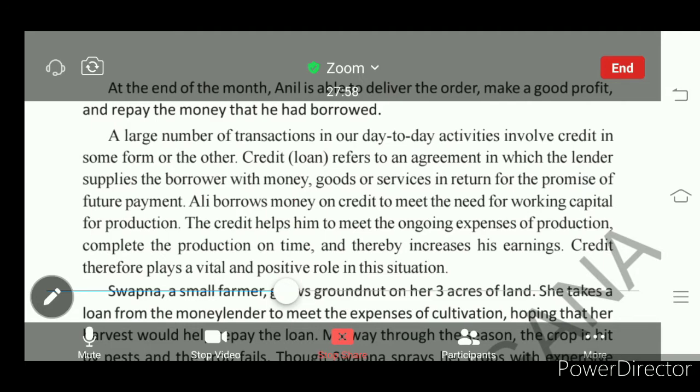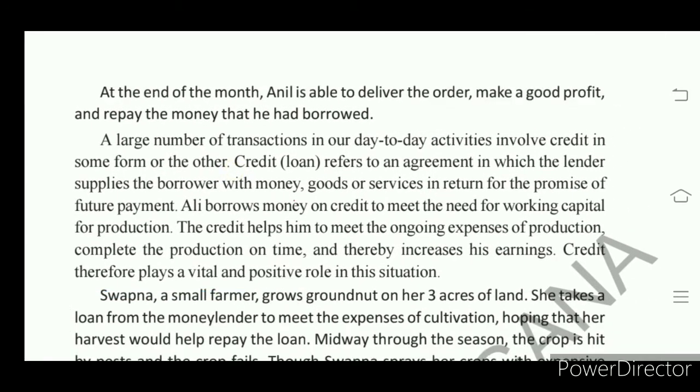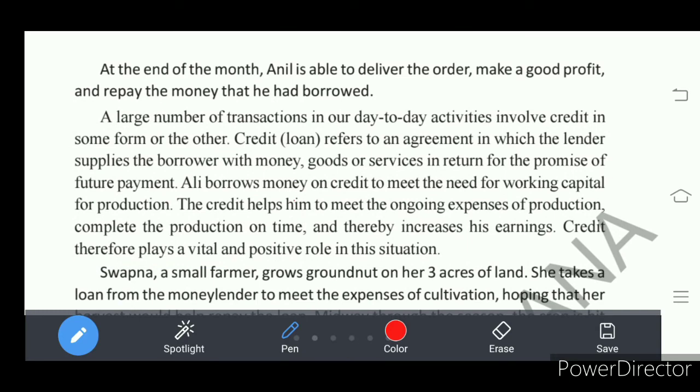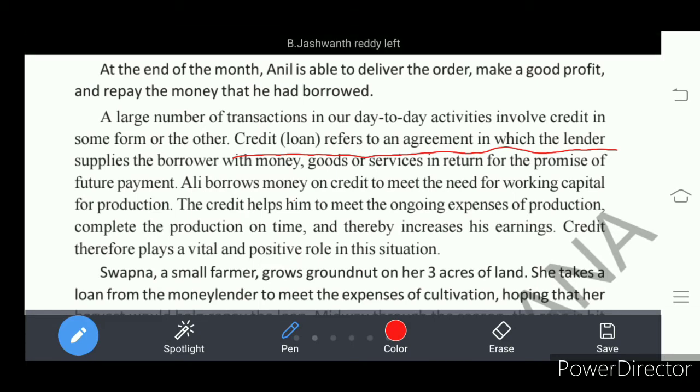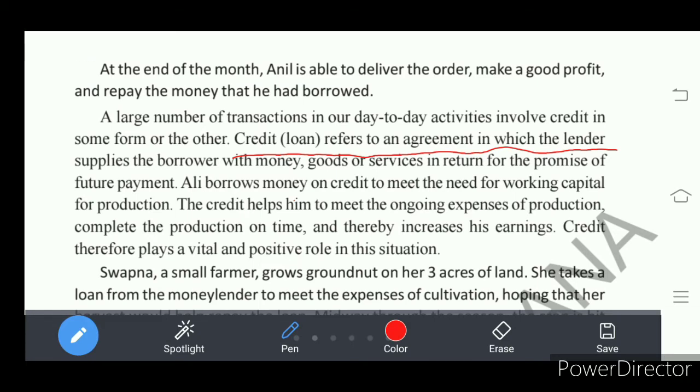Understand, the definition of credit is given. Credit in the sense of loan, right? So how do we define credit here? Credit refers to an agreement in which the lender supplies the borrower with money, goods, or services in turn for the promise of a future payment. Understand? So what is credit? It is an agreement between lender and borrower for supplying the money, or maybe the goods, for a promise of future